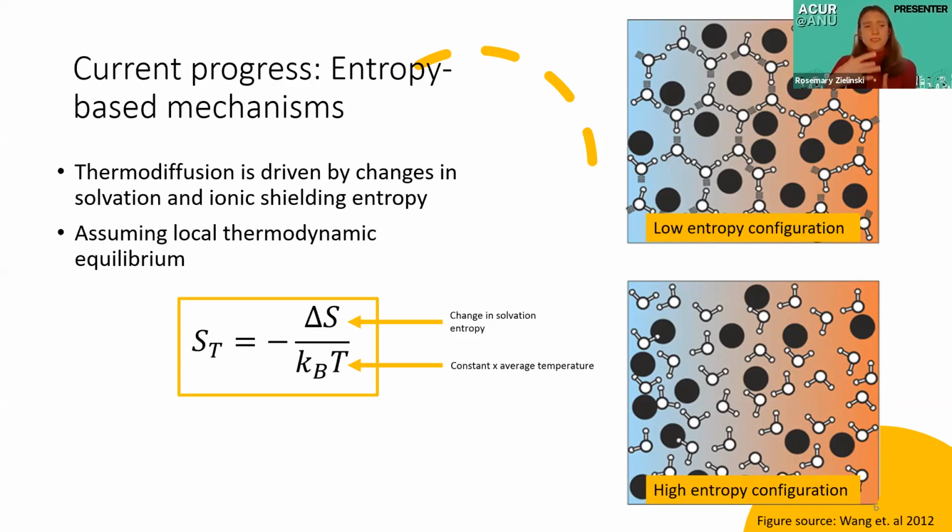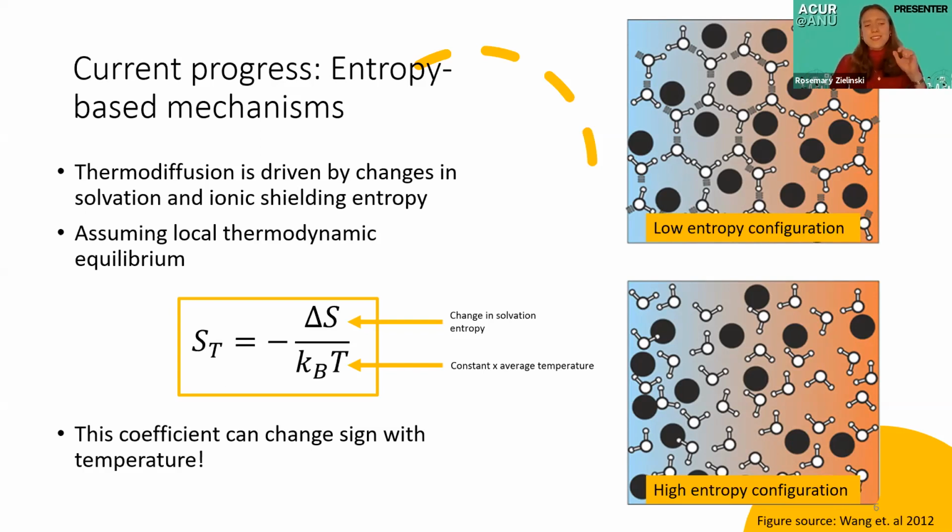And this is quite important because it has significant predictive power, namely that the sign of the change in the solvation entropy alone is what dictates the sign of the Soret coefficient, and therefore what direction these particles actually move. So this is the hypothesis I'm actually testing in my research, namely whether this equation holds true. And interestingly, this coefficient can actually change sign with temperature. It's been witnessed in bulk solutions that if we change the average temperature,